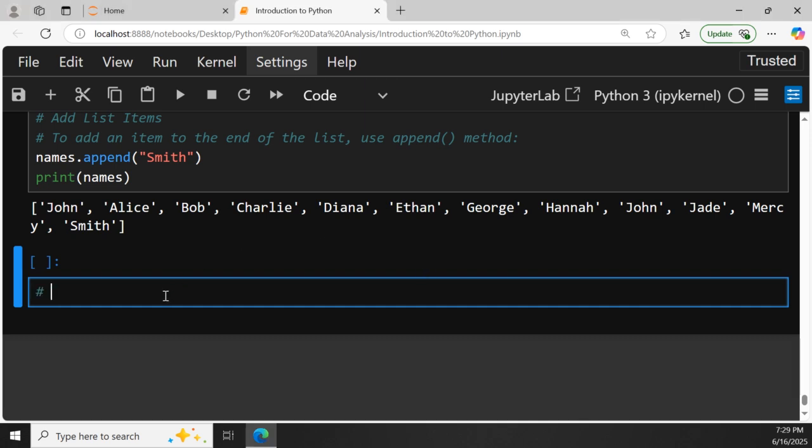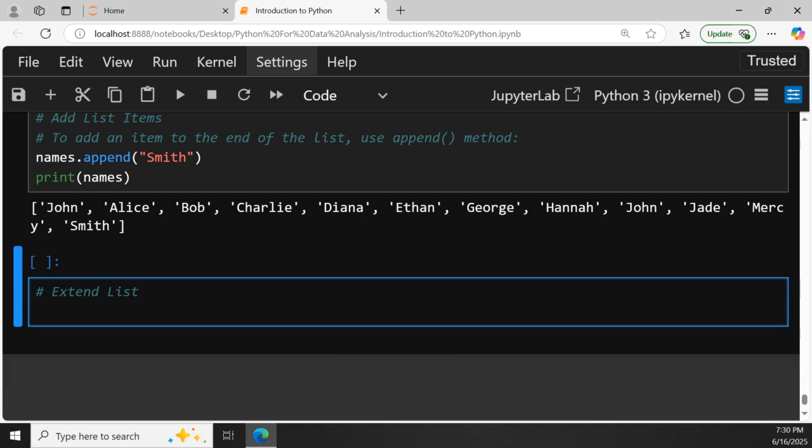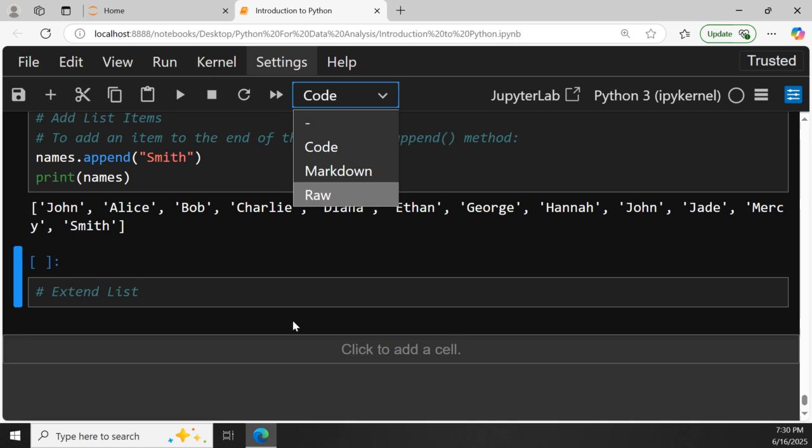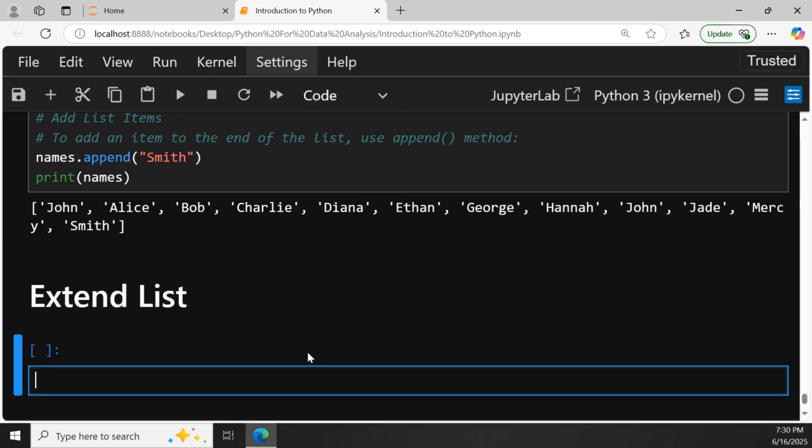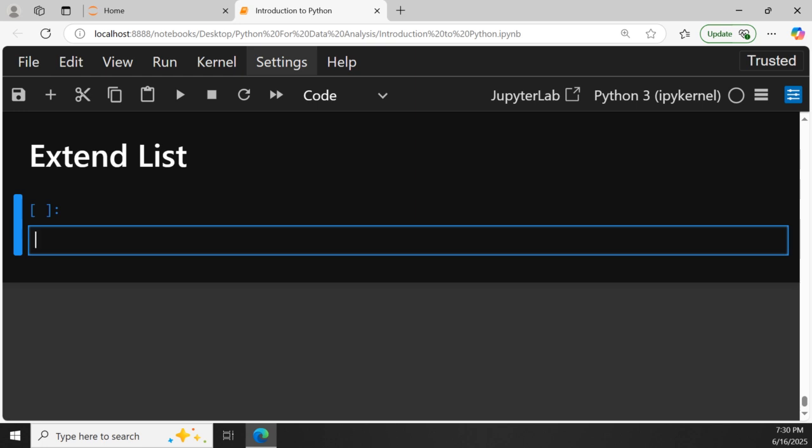So let's start with extend lists. Extend list. So what does it mean when you apply the extend list? To apply the extend list is just an example of when you're having two types of lists. For example, let's say we have